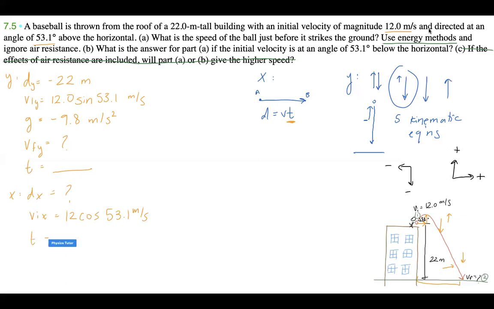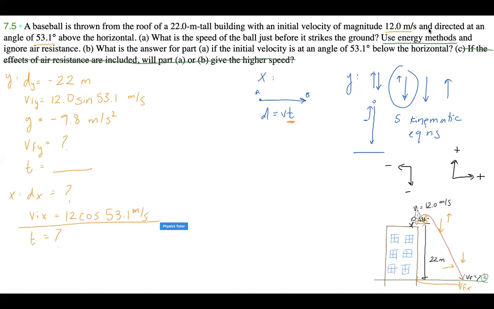And T, well, we don't know what T is. But sorry, I'm doing this along with you, as I haven't done this problem the projectile way before, but I just realized that if we are looking for VFX,